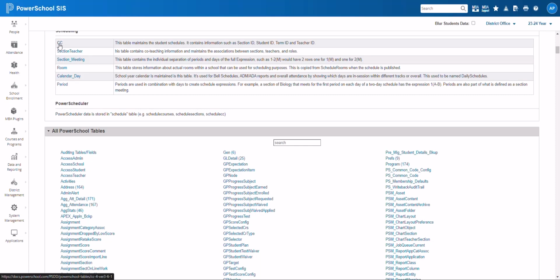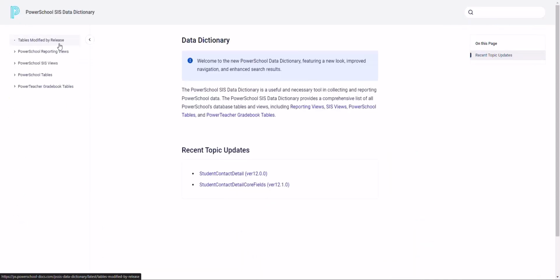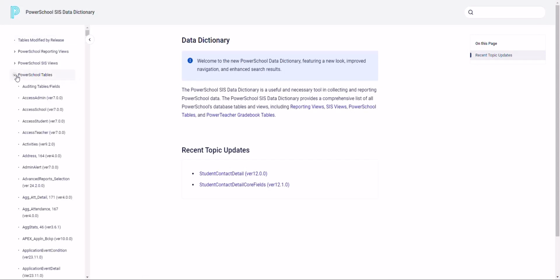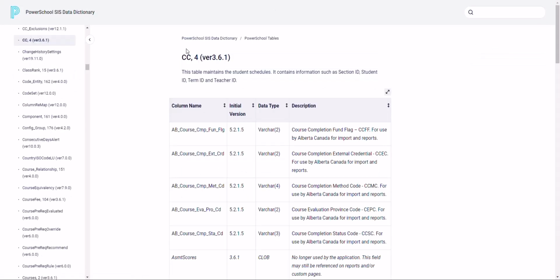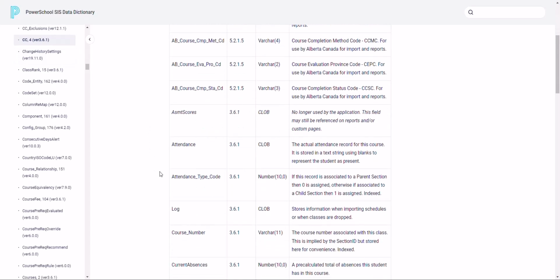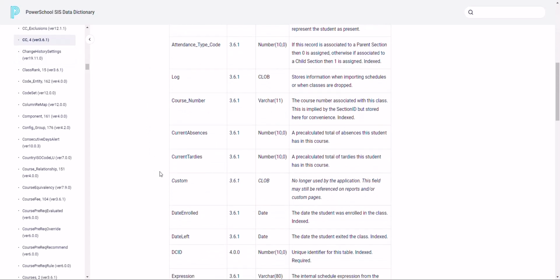Clicking on any of the table names will link you directly to the PowerSchool System Help page, where you can then find the table that you're looking for. Say we clicked on the CC table, and this will show you every field and data point that is within